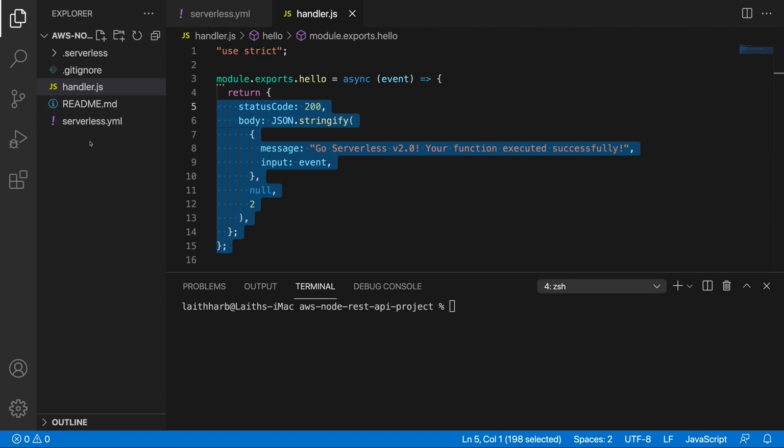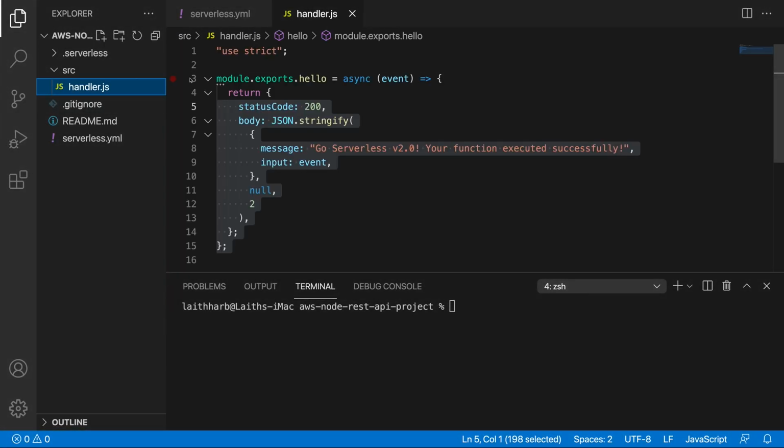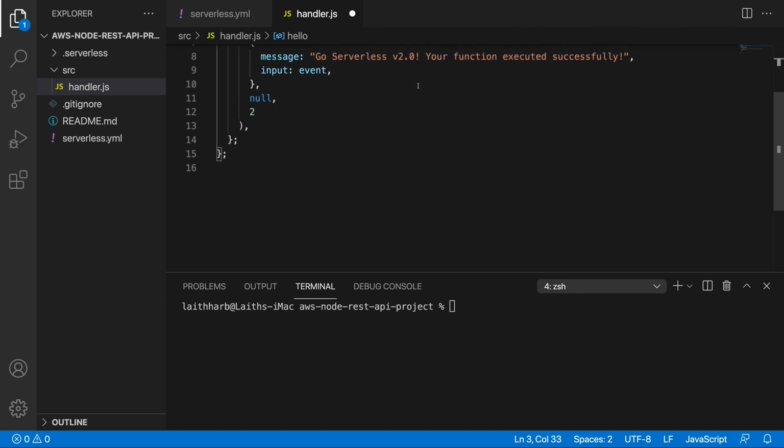The first thing I want to do is create a source directory. I'm going to have a source directory, and in here all of our functions are going to live. So let's copy this in right over here, move it in there and paste it in there. Now we have to do just a few little things. Let's change this to an arrow function. So let's do const hello is equal to this particular function over here. And then at the very bottom, all we're going to do is